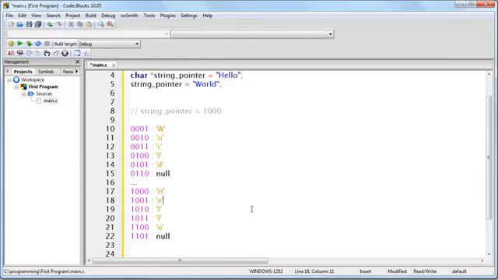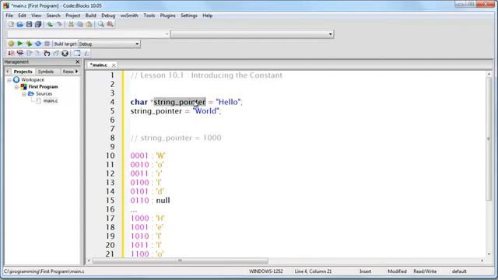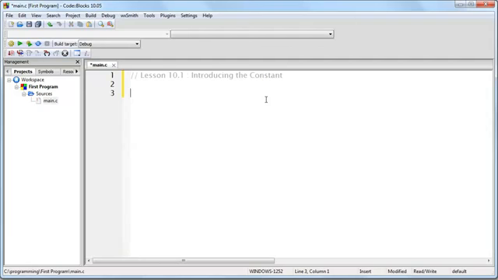So both of these strings of text are constants. They are not changed. You don't change them. They're going to stay exactly the way they are. However, you can set a pointer, the same pointer, to point at two different strings. All you're doing is you're saying that instead of string pointer containing the memory address of this string, you are setting string pointer to contain the memory address of that string. You are not saying to change this string to that string, which it is easy to be confused about,